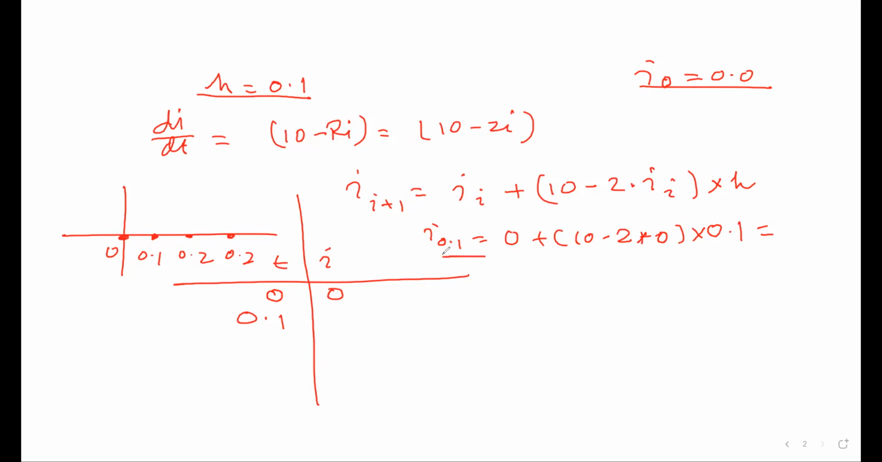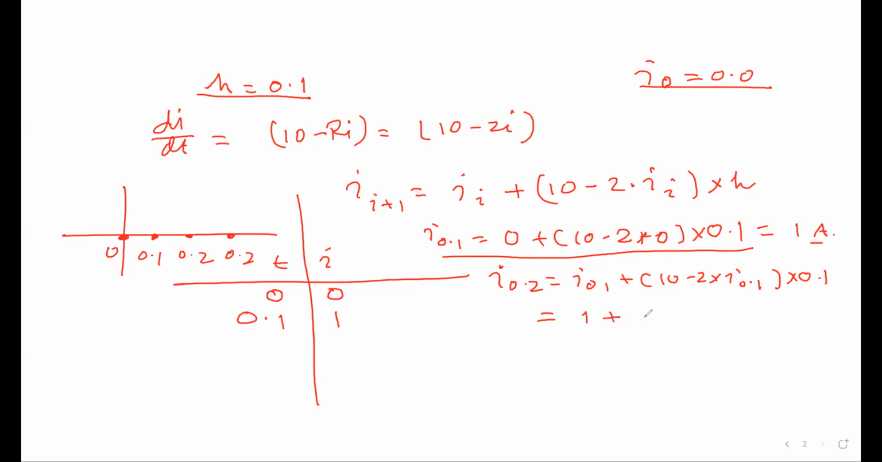You understand this equation? Yes, sir. I at 0 is equal to 1 ampere, isn't it? So this is your 1 ampere. And if we want to calculate, for example, I at 0.2, that is equal to what? That is I0 plus (10 minus 2 into I0) into the step size 0.1, isn't it? And that will be equal to 1 plus (10 minus 2 into 1) multiplied by 0.1, is equal to